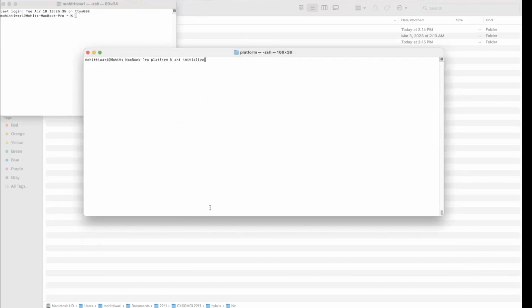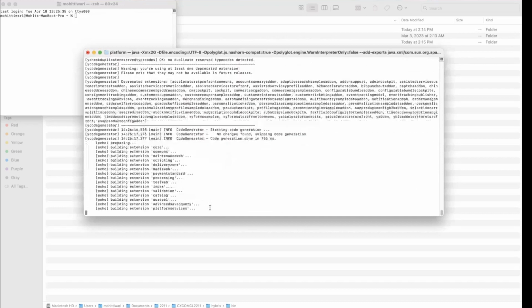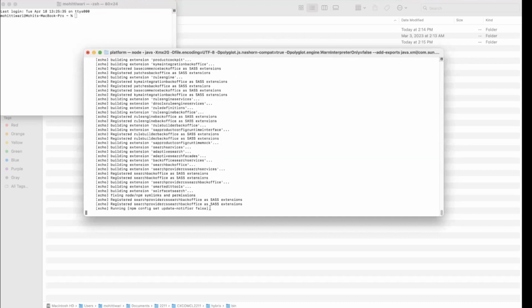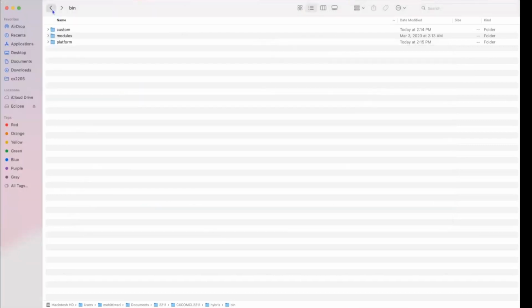This command will take some time because it needs to load all the data. It will take approximately 30 to 45 minutes depending upon the CPU size of your system. For me, it takes around 30 to 45 minutes. Till the time it starts, let me just open the